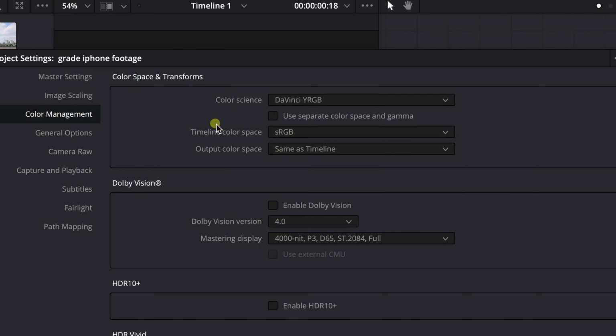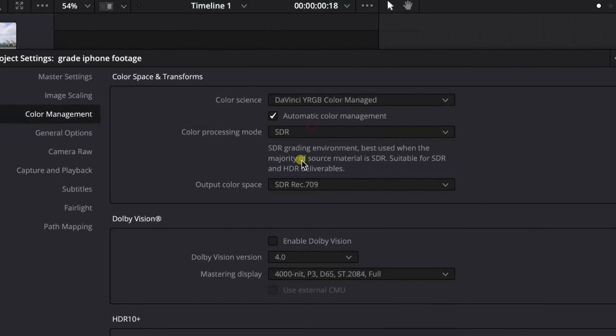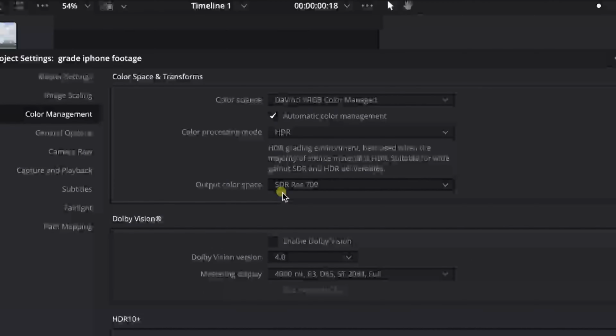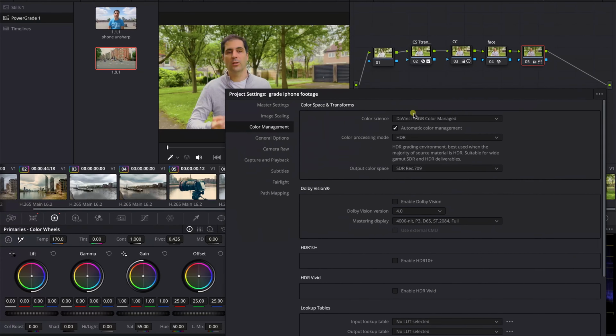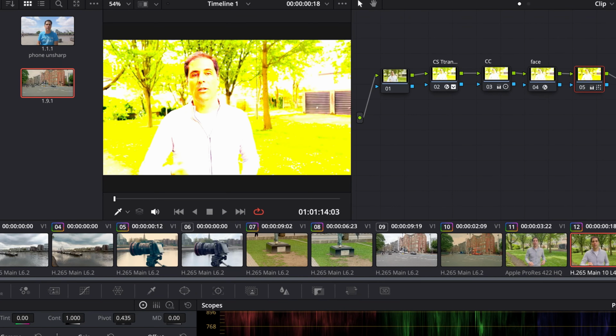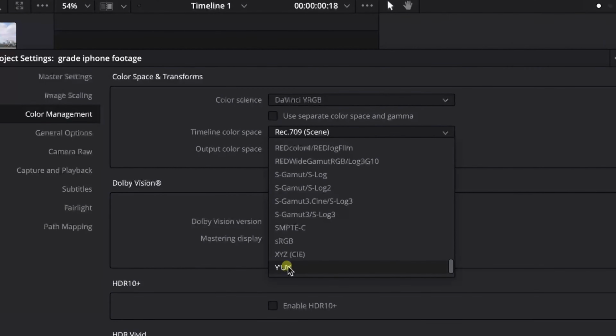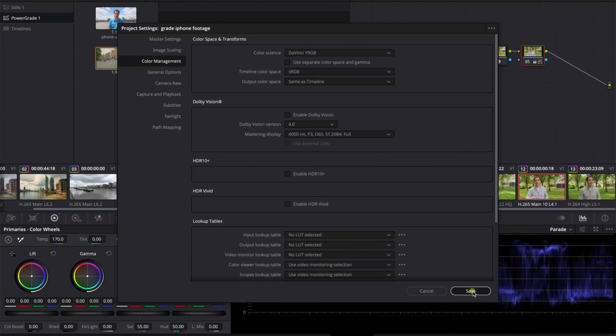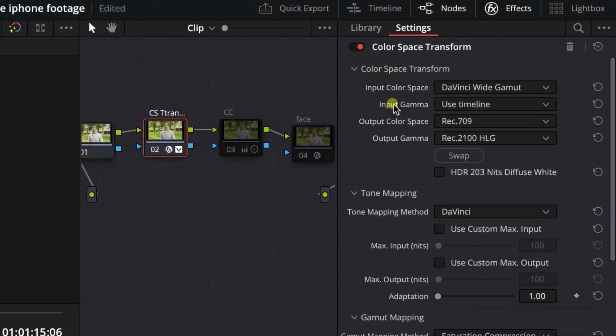Another thing that you need to be mindful of is that if you change the color space, okay, so let's say that you have some HDR footage and you want to work with it. Look, the moment I change this and I press save, look what happens. I change the color space and everything looks completely different. So look what happens when I put it back to sRGB. It's all back to normal. And if I have any HDR footage on my timeline, I can just individually change the color space for those rather than affecting every single clip.